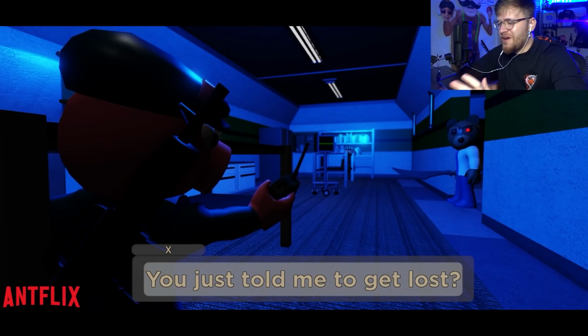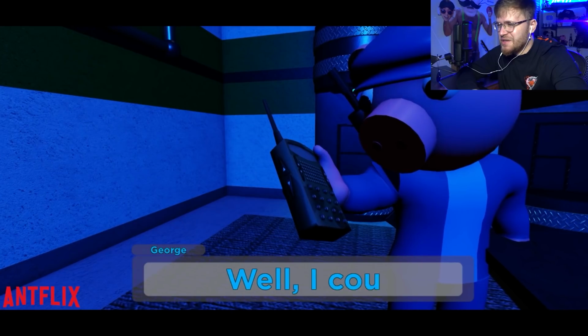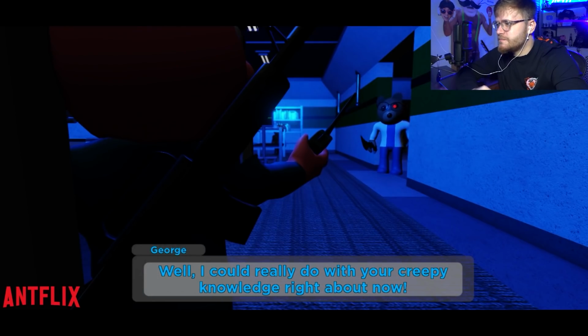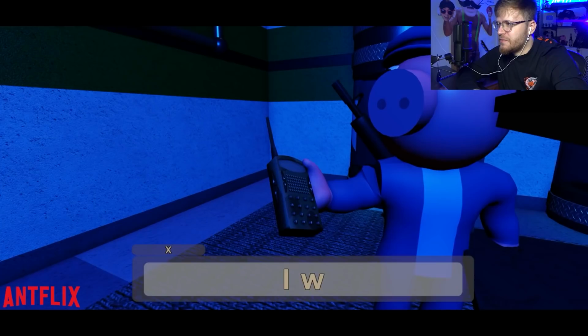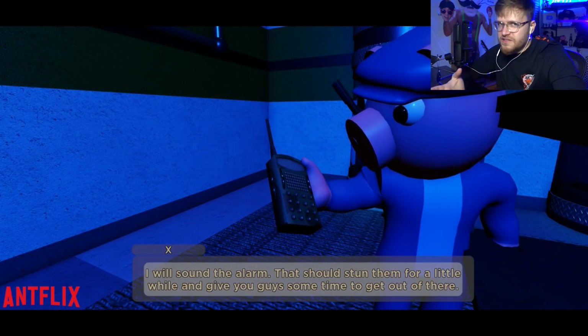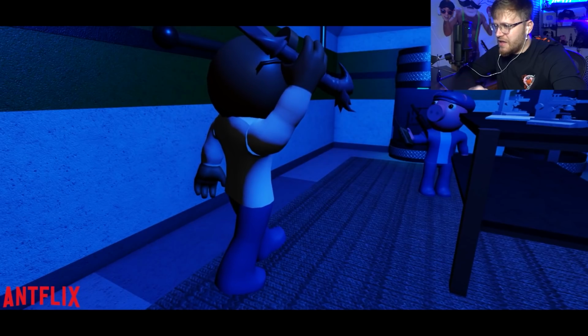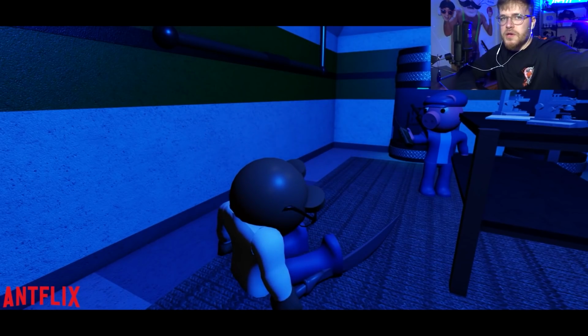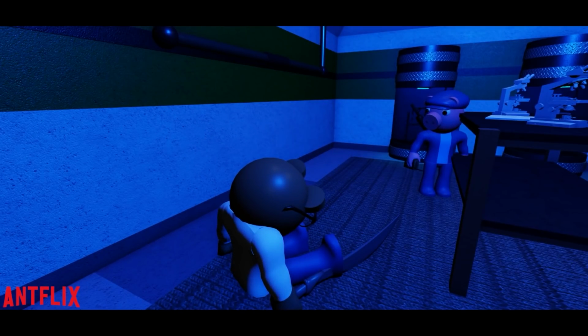There was meant to be more than one at the time, and then I was a bit like, there's only enough room for one person. Creepy knowledge right about now. And it only makes sense for Barry to be there too. That's your standing quality there. That's the new thing that I added in as well, obviously sounding alarms. Quick reset of the camera. Thanks, X.